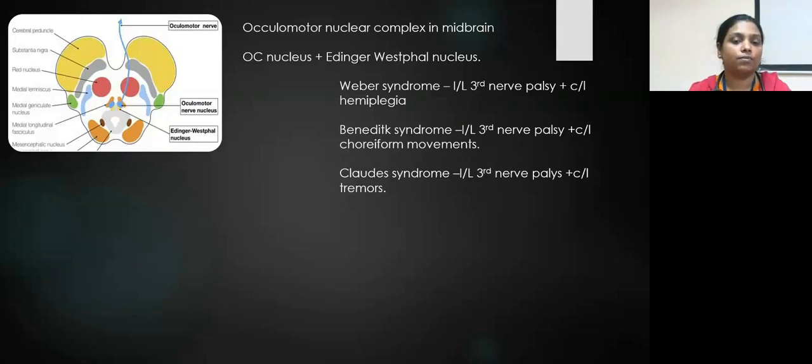oculomotor nerve, after arising from the oculomotor nuclear complex, traverses the midbrain and comes across the red nucleus. At this point, if the lesion is there, then the patient will have these choreiform movements. And after the crossing of the red nucleus, there is a partial decussation of the fibers within the nuclear level itself before coming out of the midbrain. And if the patient is having ipsilateral third nerve palsy with contralateral tremors, that is known as Claude syndrome. So after passing the midbrain and coming out into the subarachnoid space, it crosses in between the cerebral peduncles,